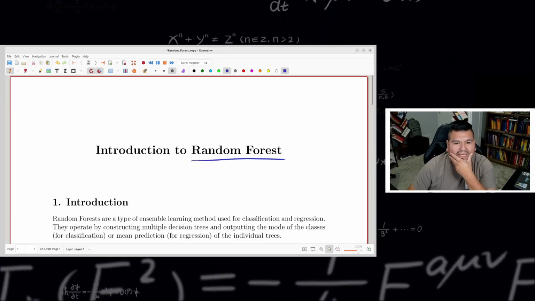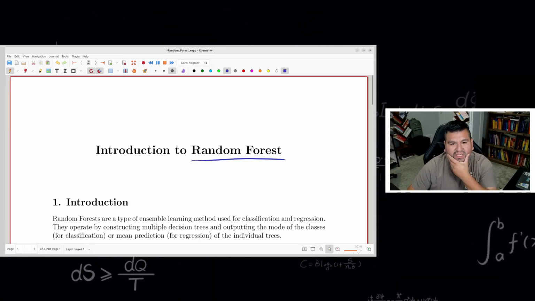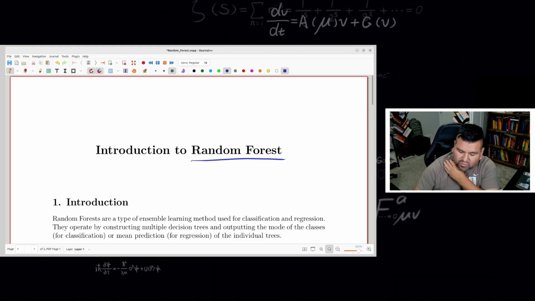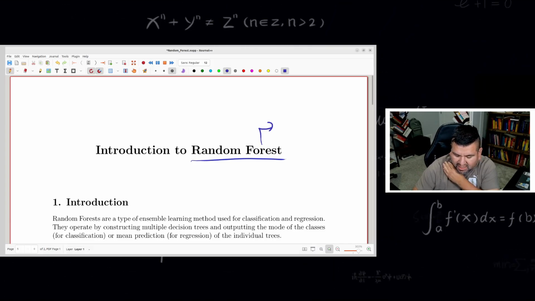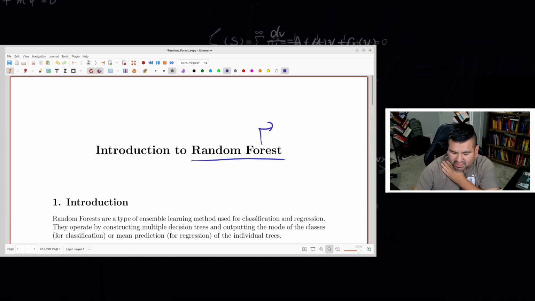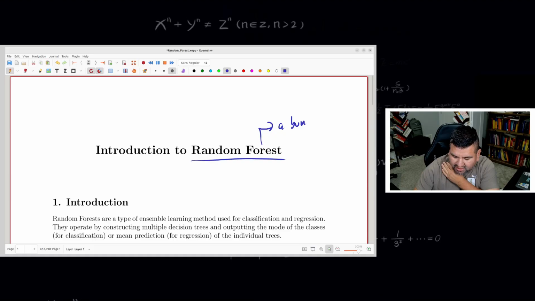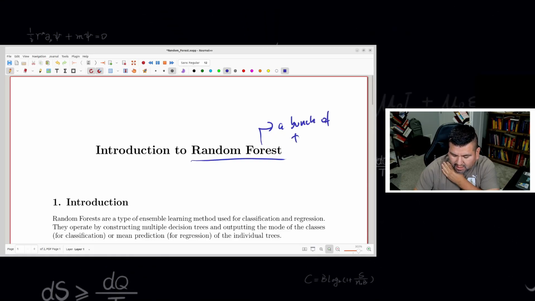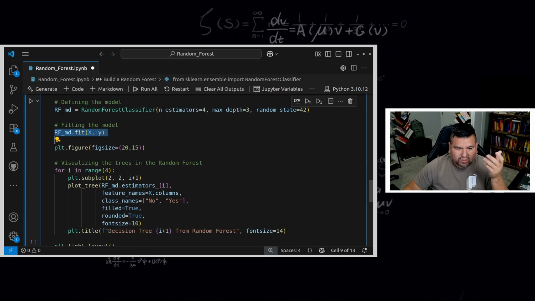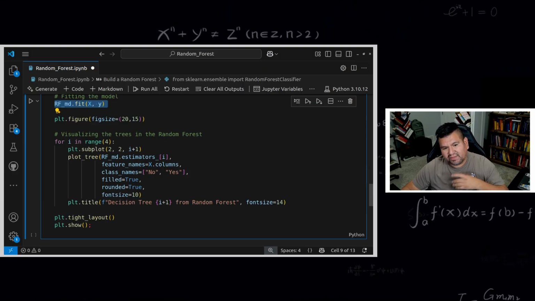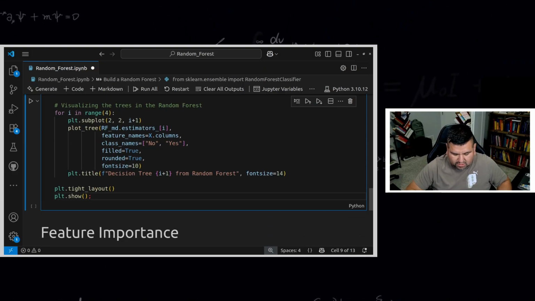Random forest is an extension of decision trees, and that is one of the reasons why we see the forest label here, because a forest is just a bunch of trees. Okay, and then here we're just visualizing each of the decision trees from the random forest model. Okay, so let's run this,